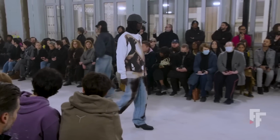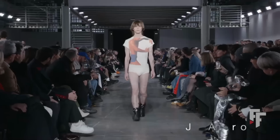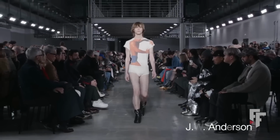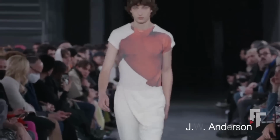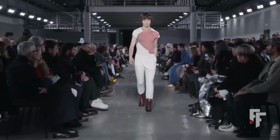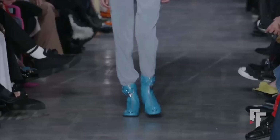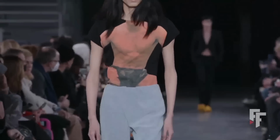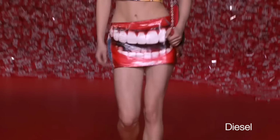Yeah, you would get a lot of looks. Anyways, J.W. Anderson also had some men's bodies on the shirts, with the head exiting where the neck would be, so it kind of looked like those guys with just a really crazy big head. We also had some very smiley, almost vampire smiles from Diesel, just having the entire